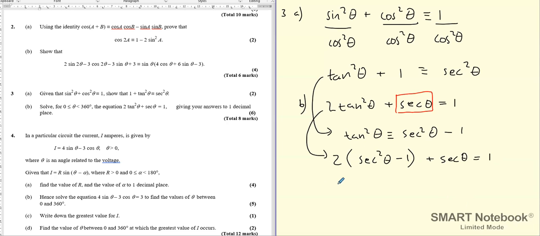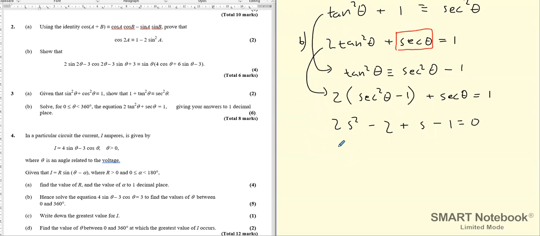And if I expand this, I get 2s squared minus 2 plus s minus 1 equals 0. And if I write this in quadratic form, 2s squared plus s minus 3 equals 0. So I've got my quadratic in terms of sec theta,